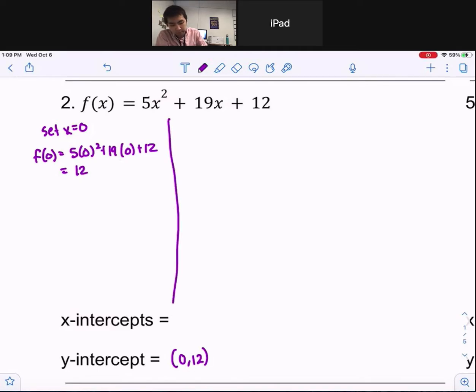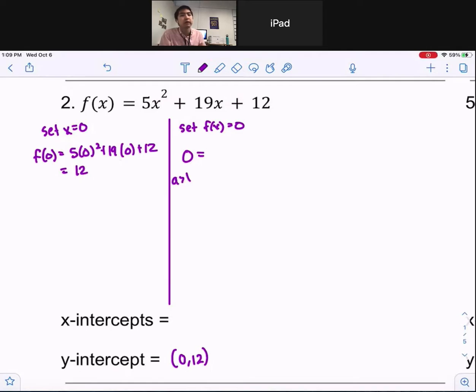To find your x values, you're going to set f of x equal to 0. So if we set f of x equal to 0, then we have an a is greater than 1 case for factoring. So I'm going to do it both ways. I'm going to do guess and check and by grouping. So for guess and check,